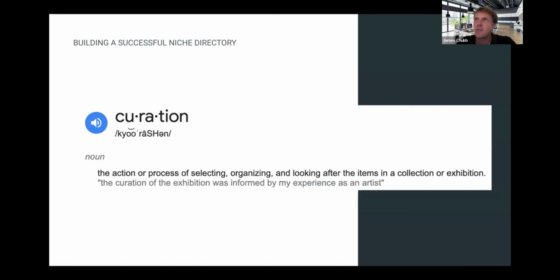And the curation goes beyond just having listings or not; often it goes with the style of the audience. So depending on who your audience is, think about your audience and make sure the content is relevant and presented in a way, curate that content, where they're going to like it. It's going to be good for them.